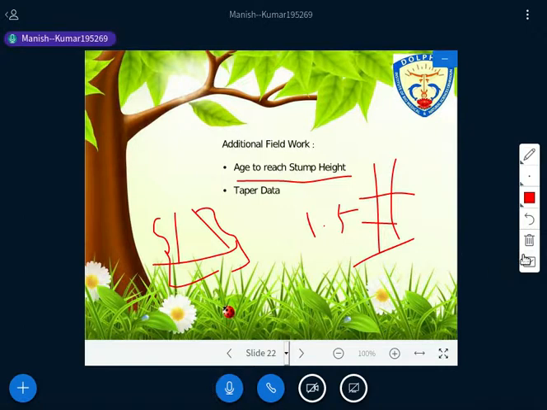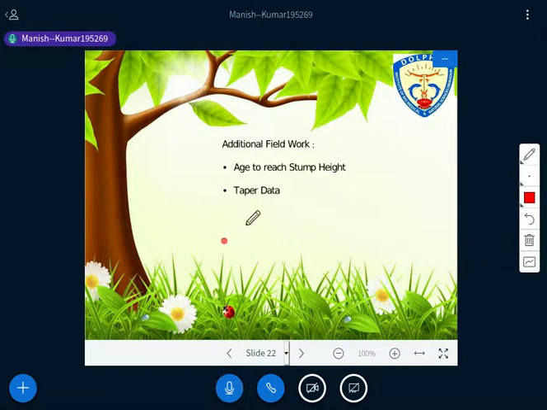As I have discussed with you, again I am repeating the same thing here. Listen carefully. We have this stump, right? We are counting the rings, so you are able to get the age from here. It means we are at 0 here, and all this age from this part we are able to know. But what was the age at this height? So one simple procedure has to be done there.